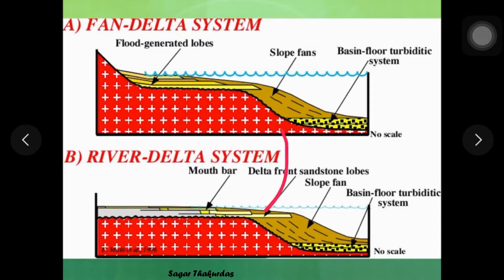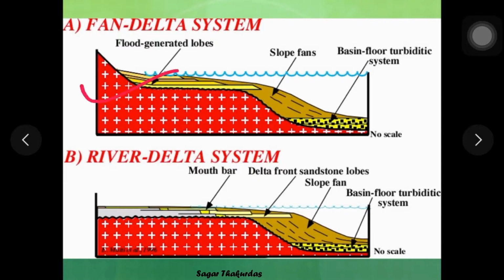As against this, if you see the fan delta model on the top, it is closely associated with the high ground or mountain, and the sediments are deposited directly here. So therefore the transportation of sediments is very little in this case. Therefore the sediments are obviously texturally immature. They haven't undergone long transportation, and that could be the reason the sediments which are deposited in the fan delta are coarse grained, poorly sorted, texturally immature, and there is rapid transportation or seasonal transportation and deposition of sediments.